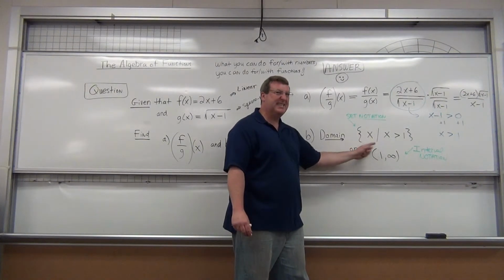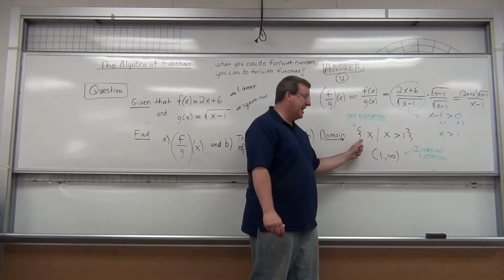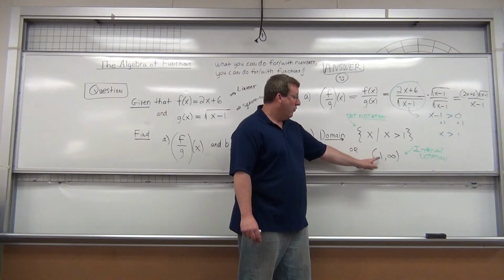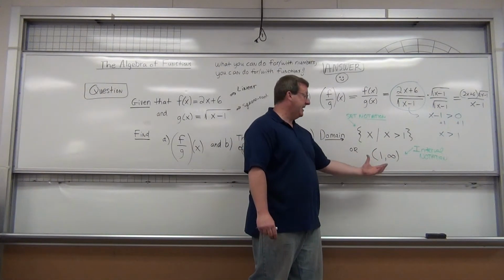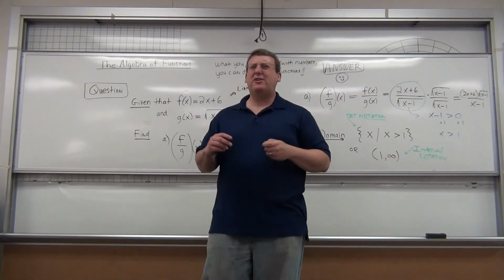This forward line means such that x is greater than 1. This is set notation, solution set notation. Or you can say 1 comma infinity, basically anything bigger than 1. This is interval notation. So I hope this helps you out with algebra functions and make you feel more comfortable